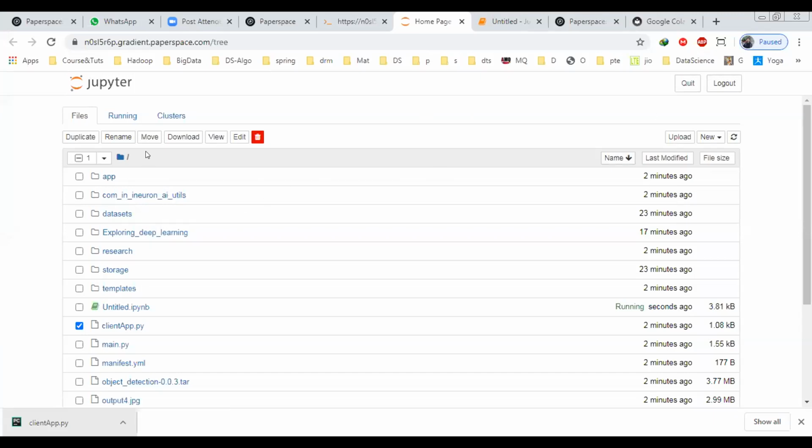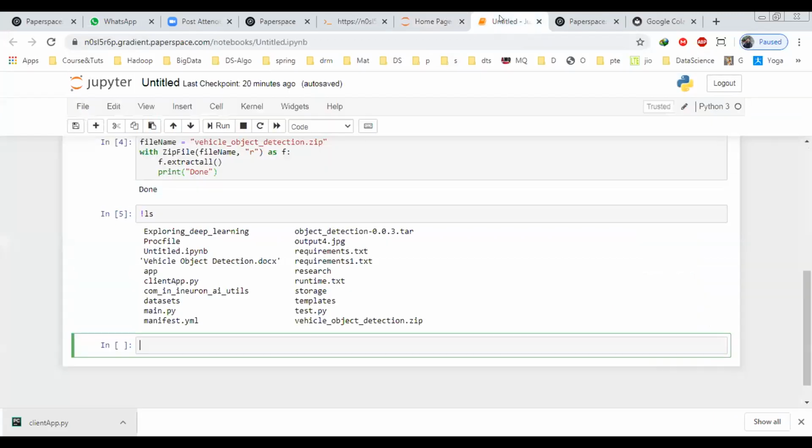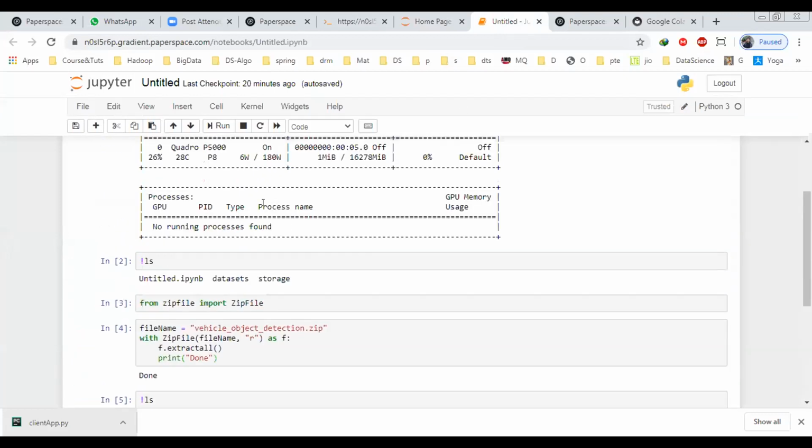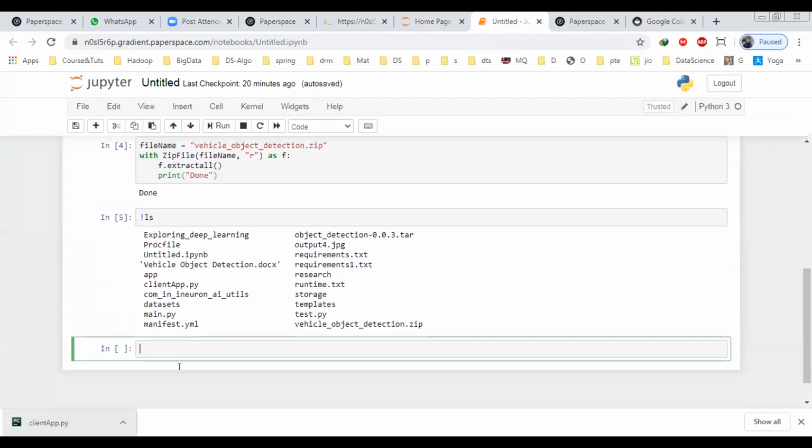And if you have uploaded a zip file, you have to run this command. Either you do it this way, or there is another way, as Deep has told, this one, the unzip command. The unzip command, then the folder name, whichever zip file you have. So these are the steps that you can do. That's all, nothing new is there.